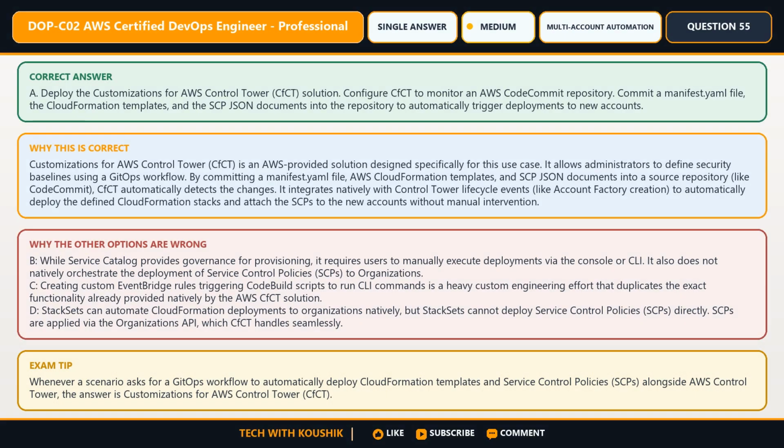The answer here is option A. Deploy the Customizations for AWS Control Tower, CFCT, solution. Configure CFCT to monitor an AWS CodeCommit repository. Commit a manifest.yaml file, the CloudFormation templates, and the SCP JSON documents into the repository to automatically trigger deployments to new accounts. This is the best choice because Customizations for AWS Control Tower is an AWS-provided solution designed specifically for